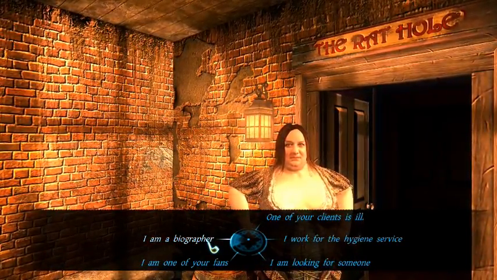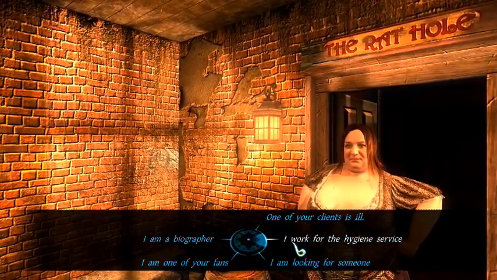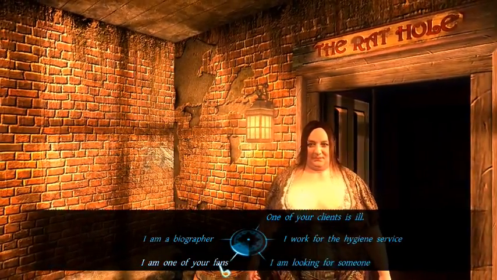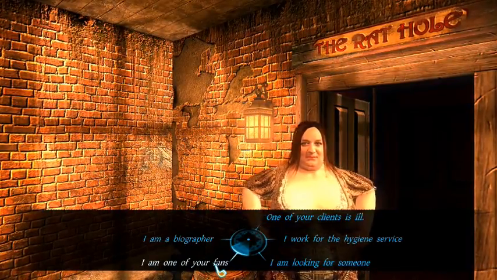I am a biographer. I'll say one of your clients is ill. I don't want to say that. I work for the hygiene service. I definitely don't want to say that. I am looking for someone. Maybe I could say Sherlock Holmes. I'm one of your fans. Oh, maybe I can...